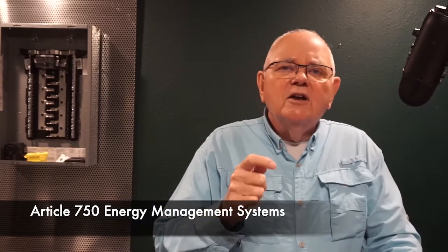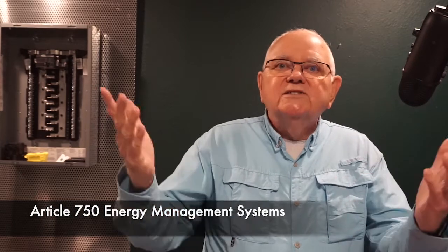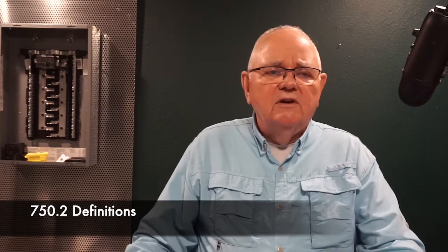And we hear a lot about energy management systems, don't we? We see a lot of them. I mean, the lights go off in the building at 7 o'clock every night, or certain receptacles shut off in the building. Okay? So energy management systems and energy management control systems, those are all being installed by somebody with an electrical background, all righty? And we find a definition in Article 750 for our